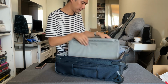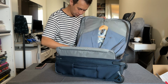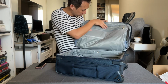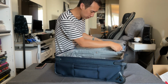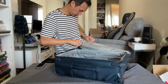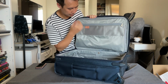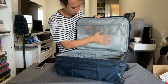So you can hang something here and then just roll it up like this so it doesn't really get wrinkled. And I think that's the way to do it. This is also the same thing, and then you can just cover it up like this. And there you go. You can basically hang a jacket or a coat or a collar shirt, and then you'll keep it nice